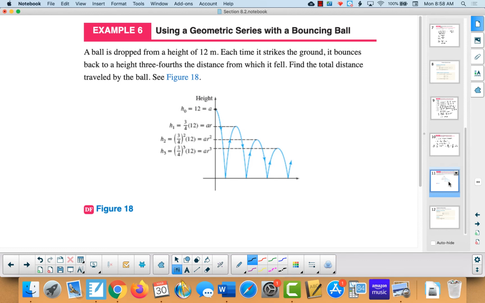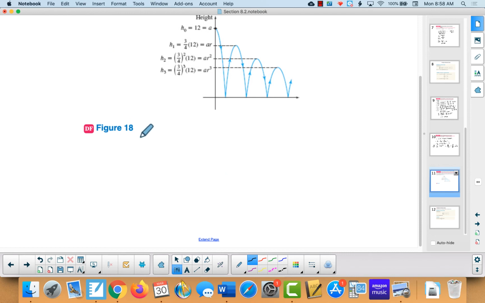In this problem, we have a ball dropping from a height of 12 meters. So what happens to the ball is we drop it, it goes down 12 meters, and then it bounces back up 3/4 of that distance, falls that same distance again, bounces back up 3/4 of the previous distance, falls that amount again, and so on. So we have a geometric sequence where 3/4 is r, 12 is a, its starting height. And so if we define h as being the total distance,